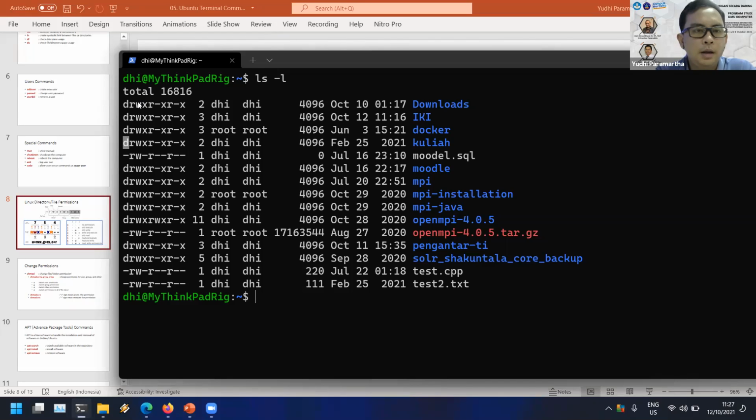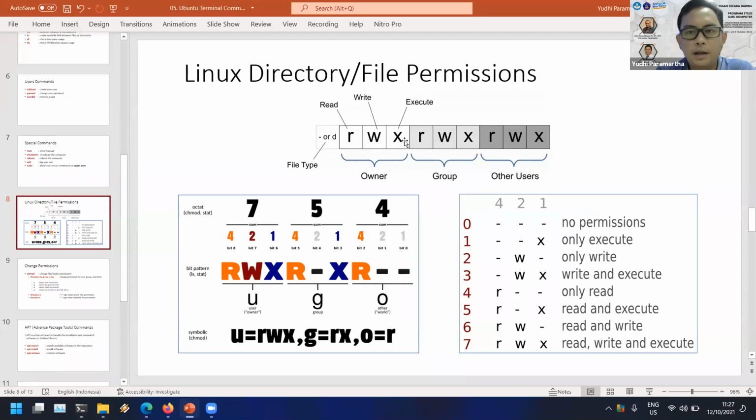Okay. The rest of the bits are 9 characters here, and these 9 characters are divided into 3 groups. The first 3 are the owner, the next 3 are the group, and the last 3 are the other users.